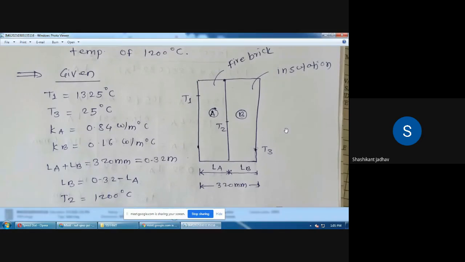Already we have derived that equation for the composite wall. In that case, we get the final equation for the Q. So according to that equation, we have to write down the equation for the two layers. We derived the equation for three layers, A, B, C. But in this case, only two layers are there, A and B. So by using this condition, we have to write the equation for the rate of heat transfer through this particular composite wall. Can anyone? कुणाला समजलेलं नाही का? कुणालाच काय येत नाही काय? Anyone? Sir.